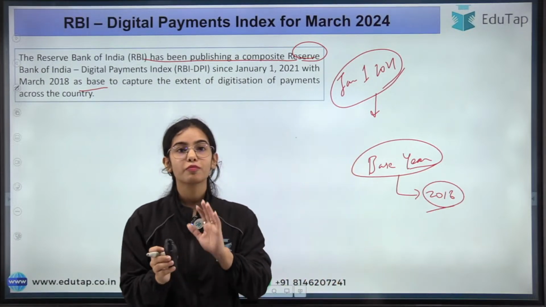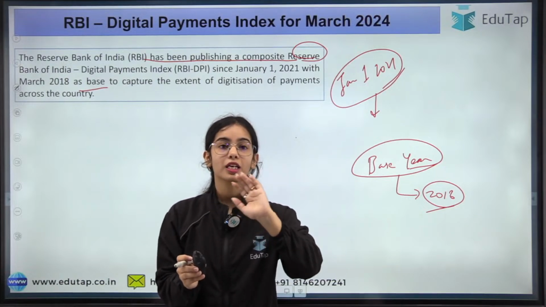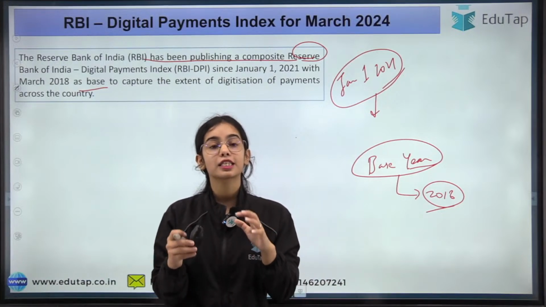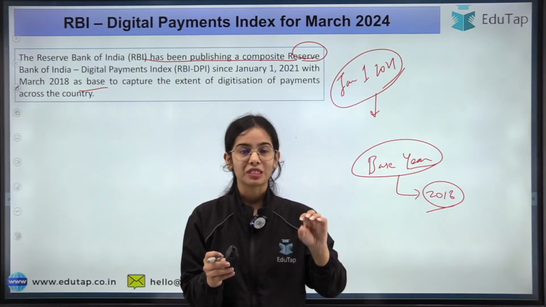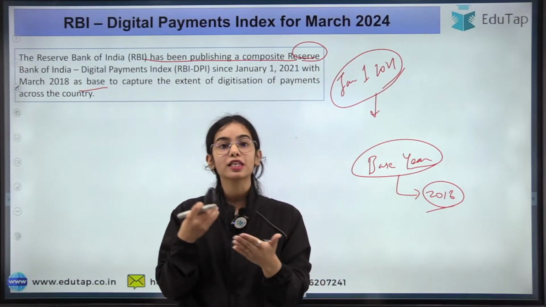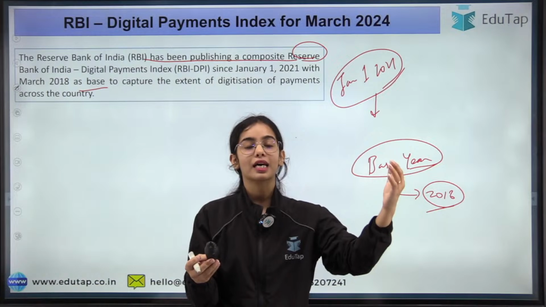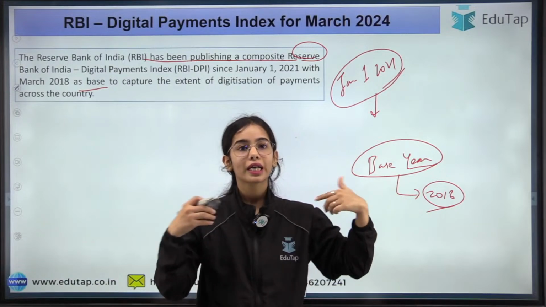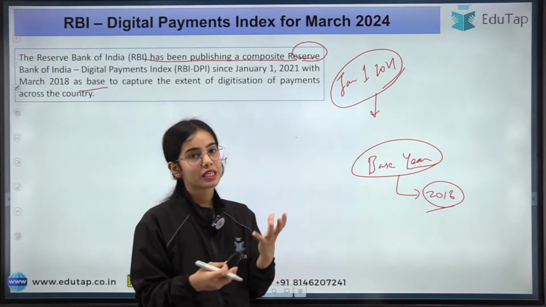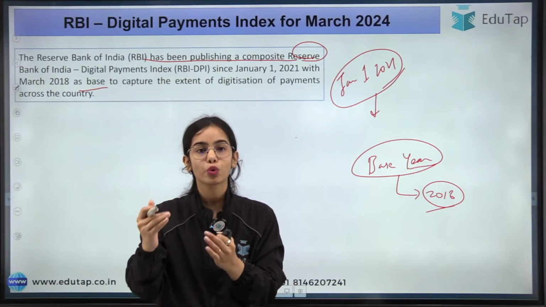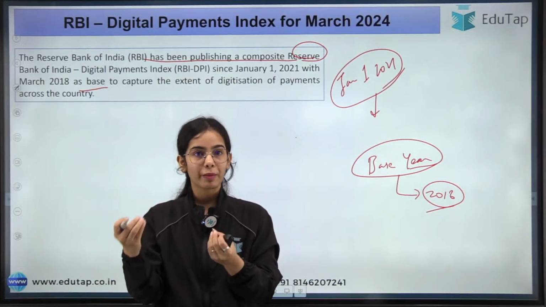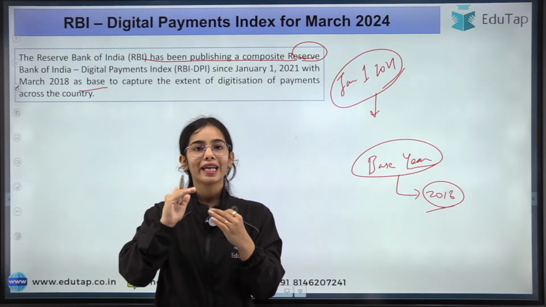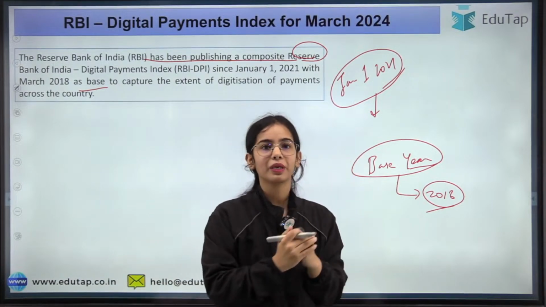The digital payment index shows the deepening of digital payments: how many people in the country are engaged in digital payments, how far-off areas are getting involved, and what the penetration of digital payments in the country is. This is the basic idea: the digital payment index tries to show you the extent and reach of digital payments in the country, even to far-off areas, and how much increase is happening in digital payments.